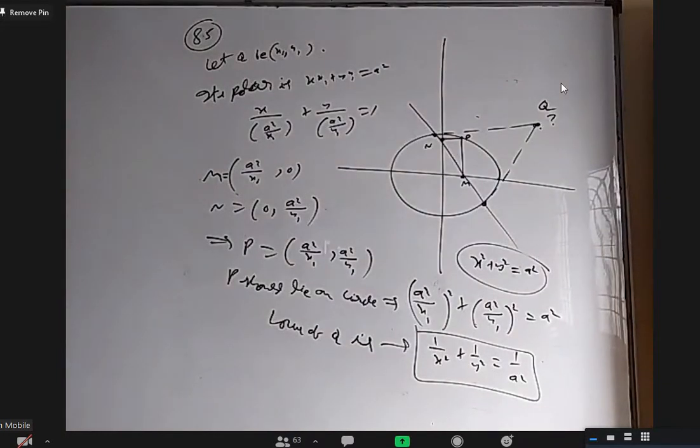Okay, is everybody clear about 85? Yes, sir. So in this chapter, locus questions will be there. They are not difficult. In fact, after everything is over, you can do only locus questions one day. Sit and do all the 10-15 questions on locus once. You'll get once again the clarity of concepts.